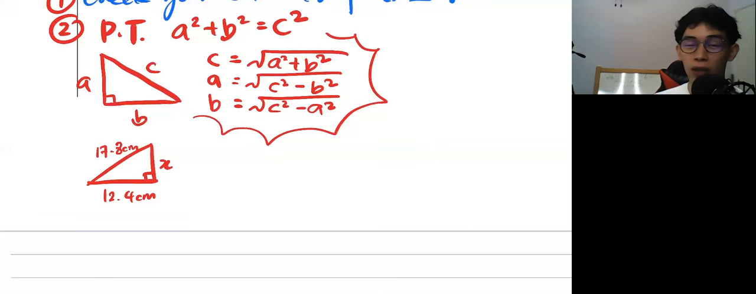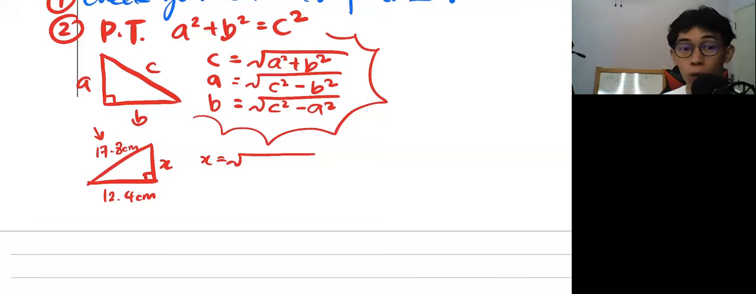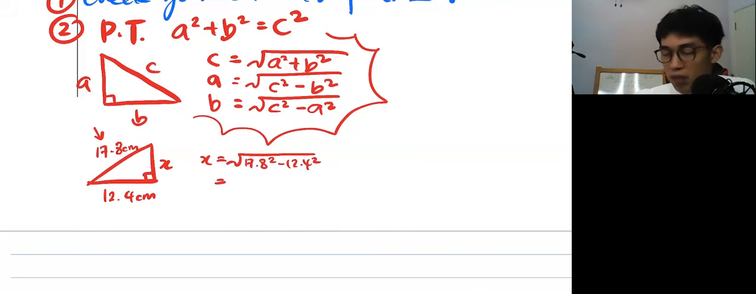Okay. Now, everyone, your answer is X equals square root, plus or minus. 17.8 is the longer one, correct? So quite obvious that you have to minus. So when you minus, you get 17.8 squared minus 12.4 squared. So of course, the standard one. So I press everything into my calculator, and just to remind everyone, because some students might get a negative answer,